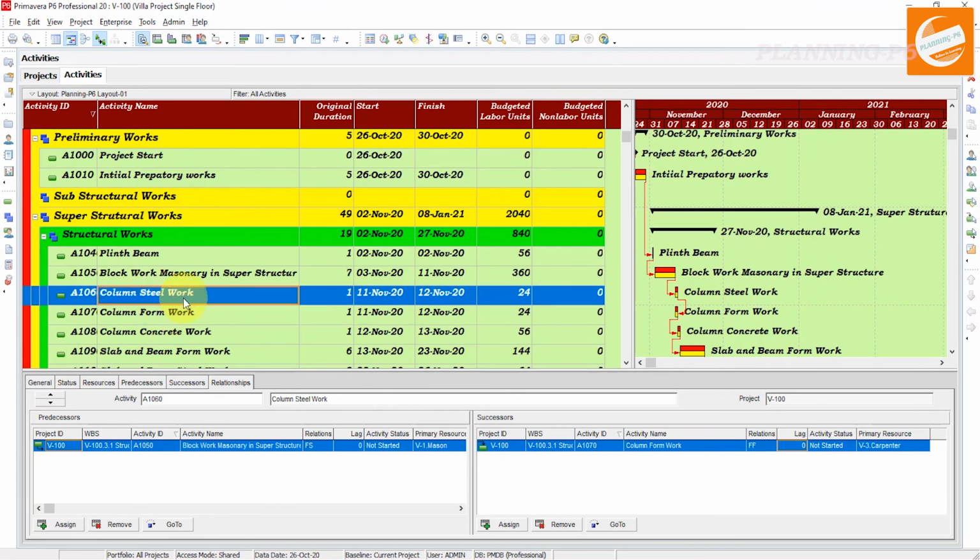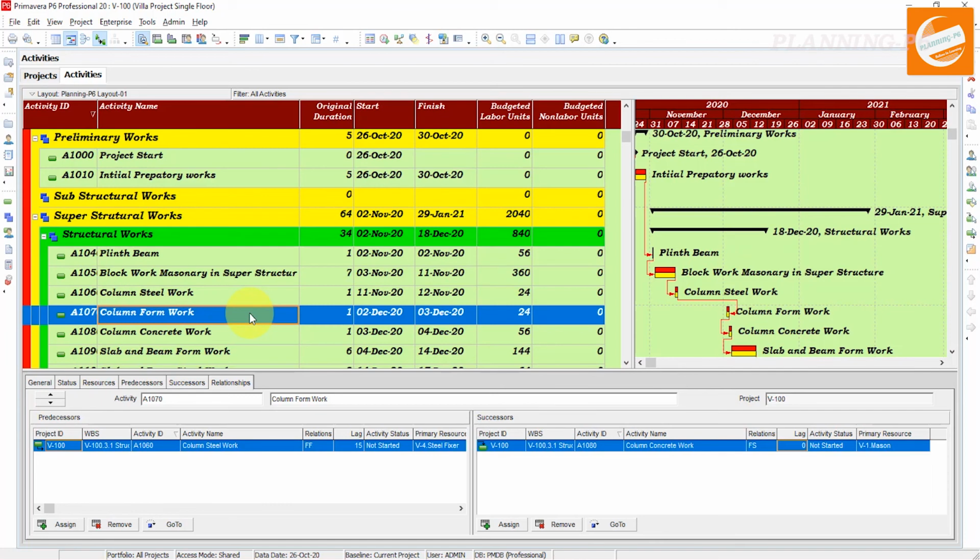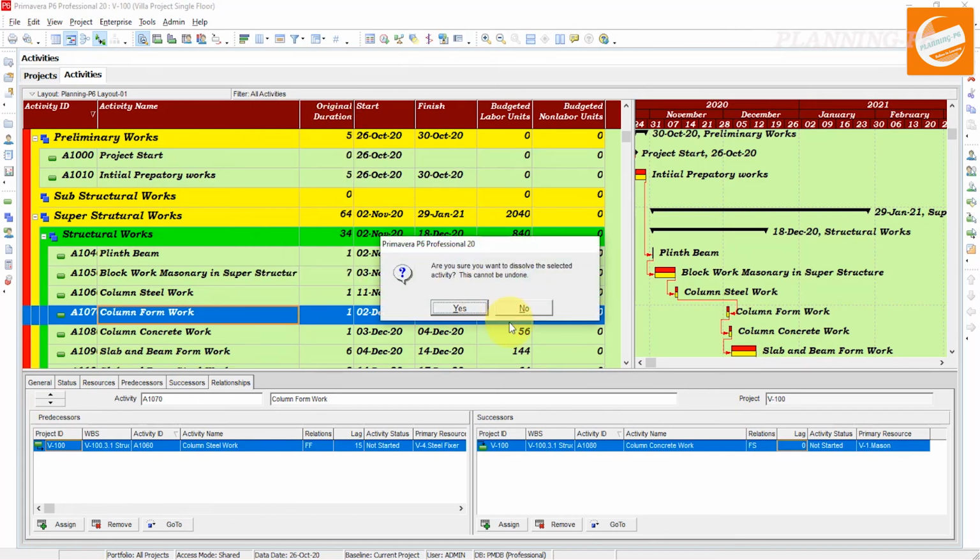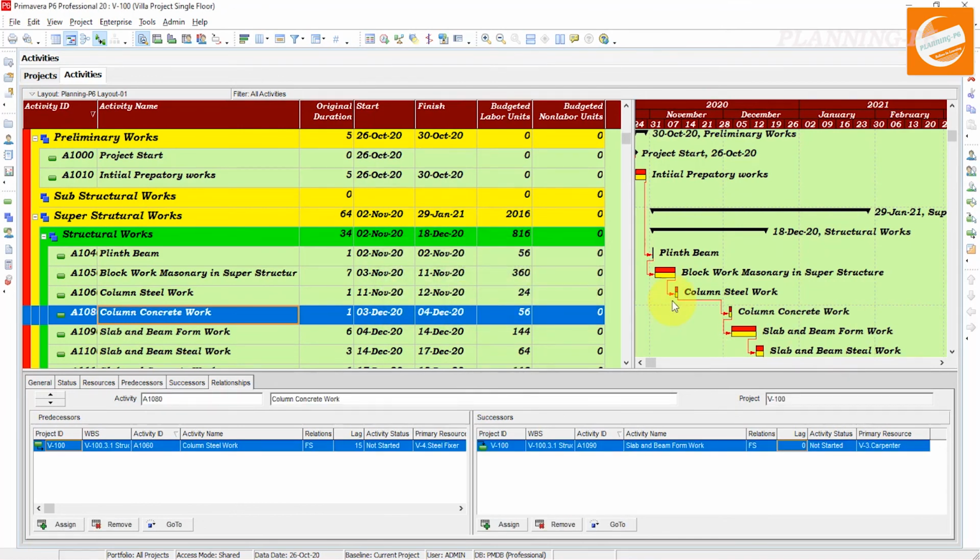Column this activity, successor activity, finish to finish with the 15 days positive lag, and I schedule the project, schedule it. After scheduling, you can see here the lag has been added, and I want to dissolve that activity. This activity, dissolve it. After the dissolving, you can see the lag is still the same.